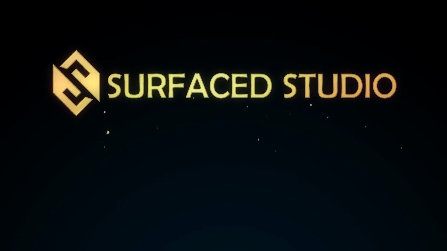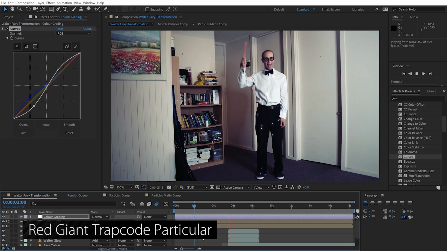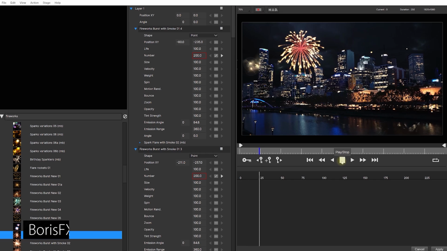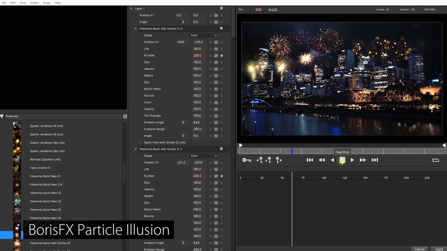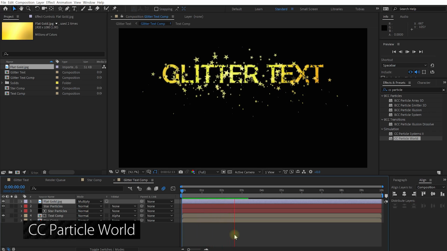text reveals in Adobe After Effects without using any third-party plugins. Now, when it comes to particle effects, I love Red Giant Trapcode Particular, which is probably my favorite particle generator, or BorisFX Particle Illusion, but they are paid third-party plugins and not everybody wants to shell out the additional money. So in this tutorial we will be using CC Particle World, which comes included for free in Adobe After Effects CC. Just be aware that it does have its limitations, but that won't stop us from creating something pretty festive